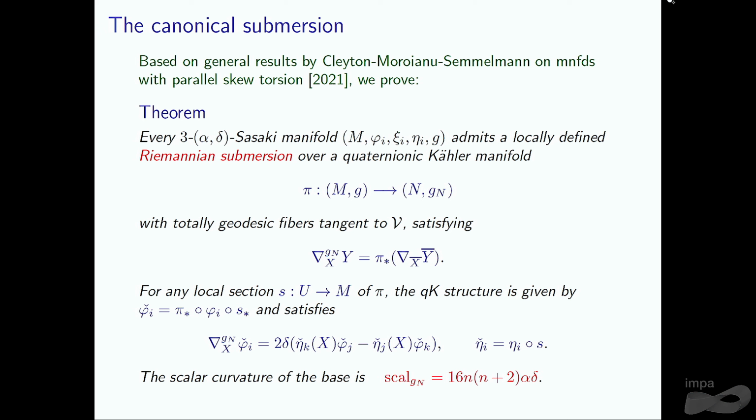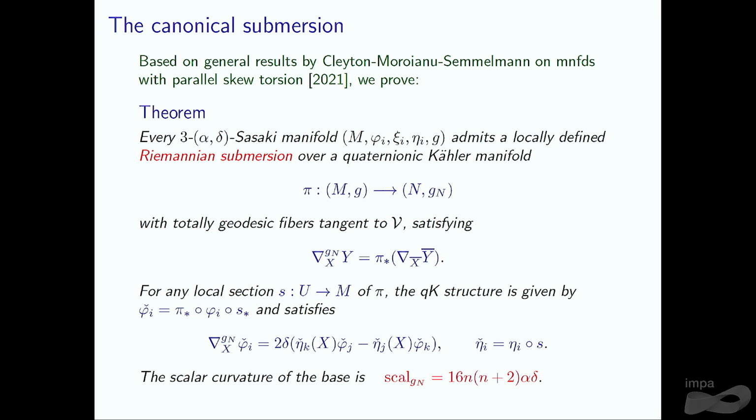And there's a very easy formula for the scalar curvature of the base, namely it's a multiple of alpha times delta, which again shows us that the sign of alpha times delta, if it weren't for the properties under homothetic deformations, this would be clearly the moment where you notice that this is the distinction to make: alpha delta positive, negative, or vanishing. Good. Okay, so this submersion